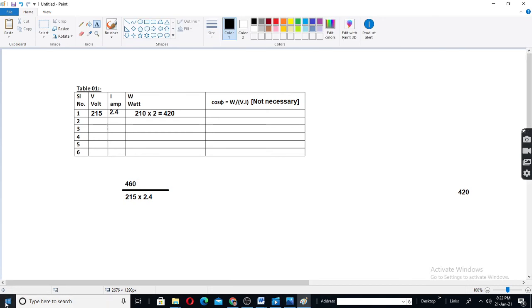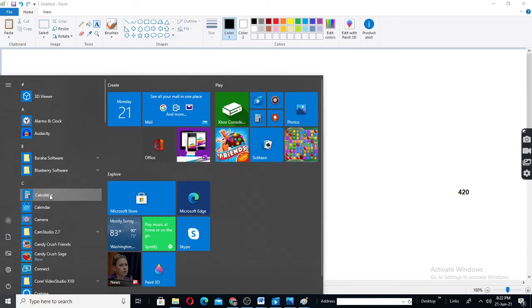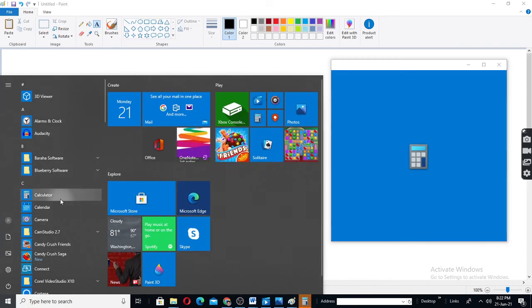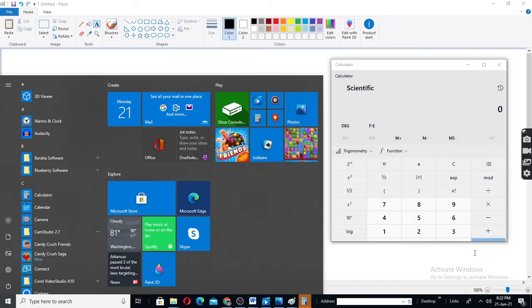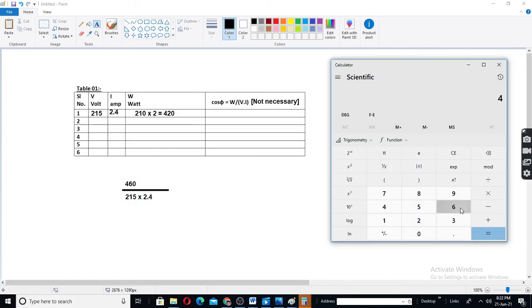Okay, now take the calculator. 460 by bracket 215 into 2.4. Note that you should actually get around 0.95.